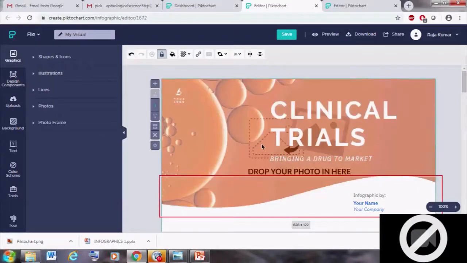You can insert your institution or some other picture-related or content-related thing here, and I'm going to insert.